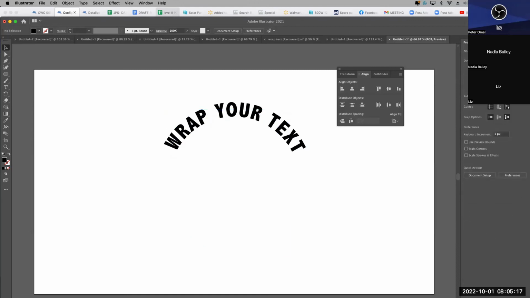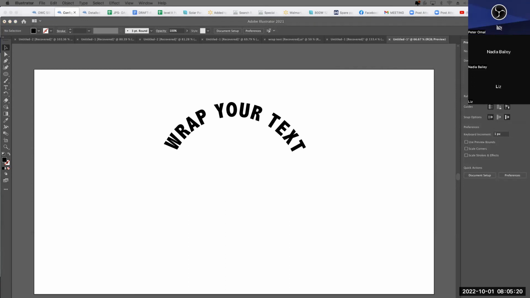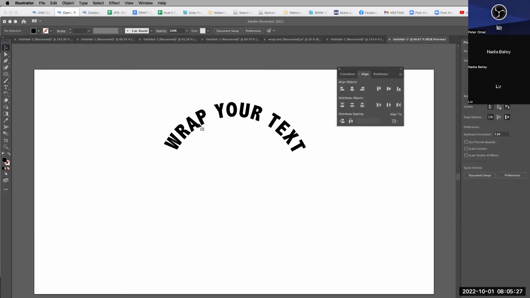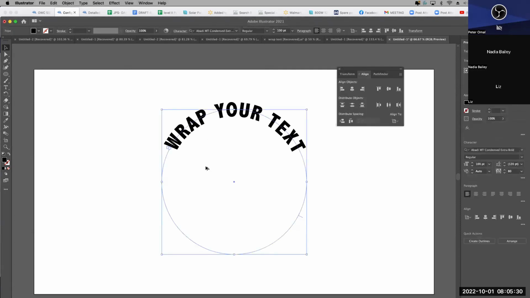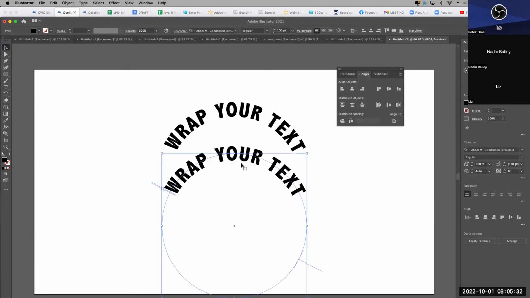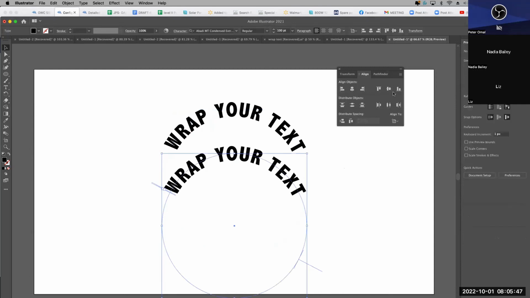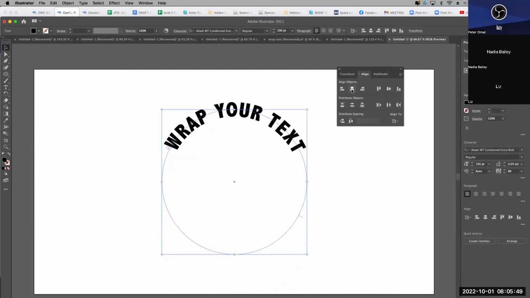So step number 8. Make a copy of it and repeat the steps. Now we are going to make a copy of it. We press that. And then now what we are going to do, we need to align them up. We select that, align them up. And then now we go to type